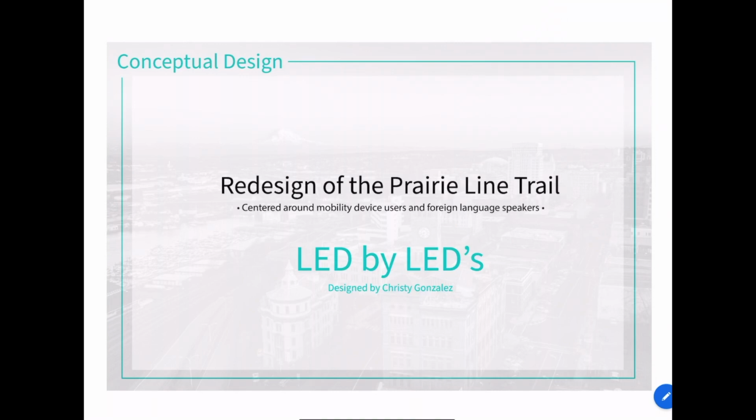Hello, my name is Christy Gonzalez, and I'm a fourth-year student in the Urban Design program here at UWT. My conceptual design of the PLT redesign seeks to center around mobility device users and foreign language speakers. My concept is titled Led by LEDs because I want to use LEDs to draw in and lead the public